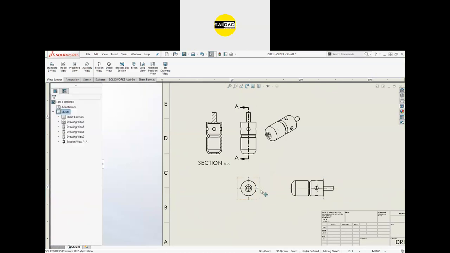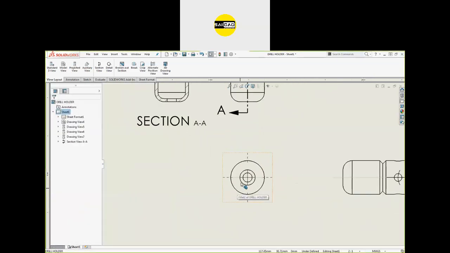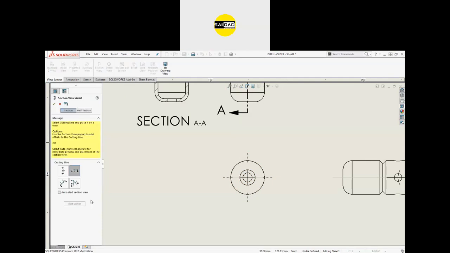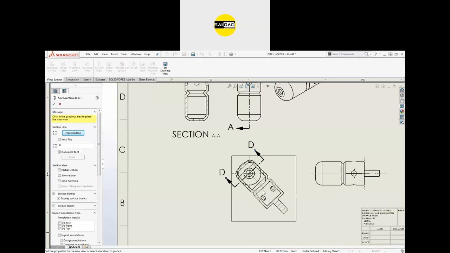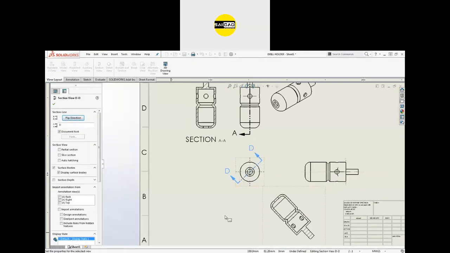So what if I need a section that is at an angle of 45 degrees? To do that, go to the section. We have here an option, auxiliary. Just select the center, select the angle you need. I just want it somewhere here. Okay, just click OK, and the section will be created according to that angle.